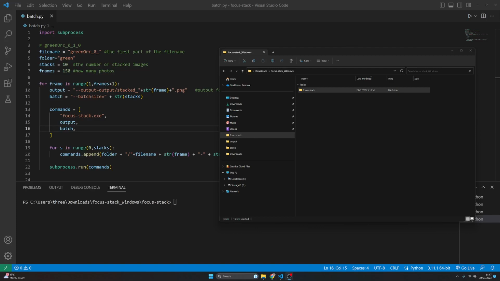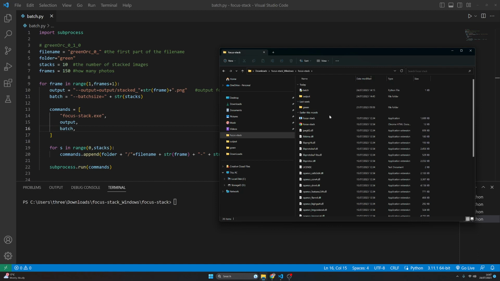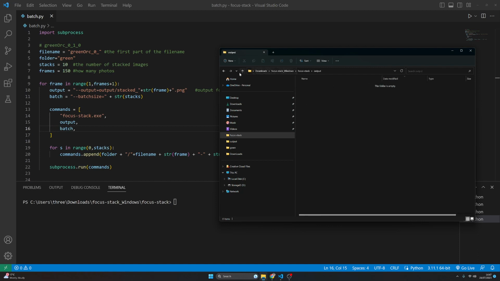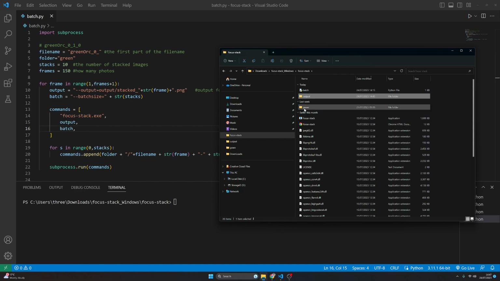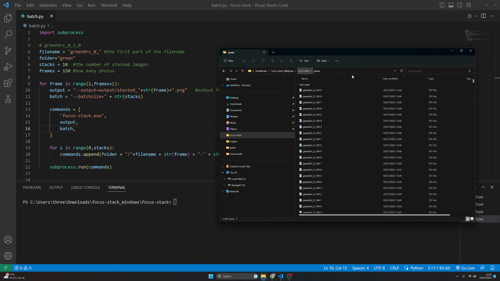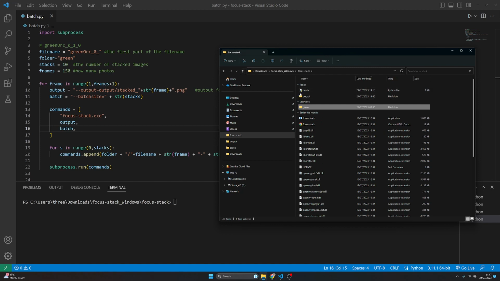Hiya, this is just a quick demo of how to use the focusStack with the script in Python to try and automate the process. So I have the focusStack app downloaded, and inside I have a blank output folder. I have a folder called green with all my pictures in, and I have the script that you can see